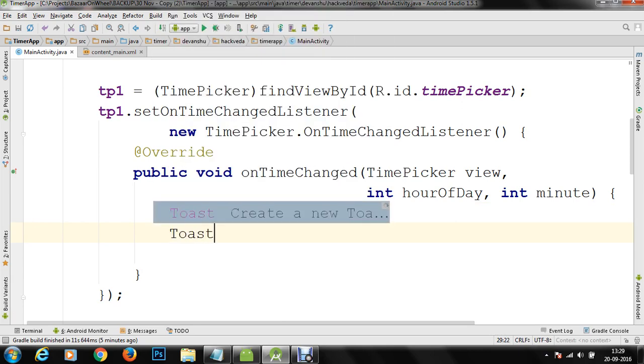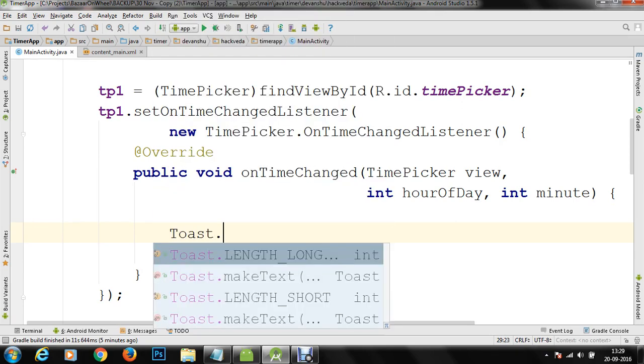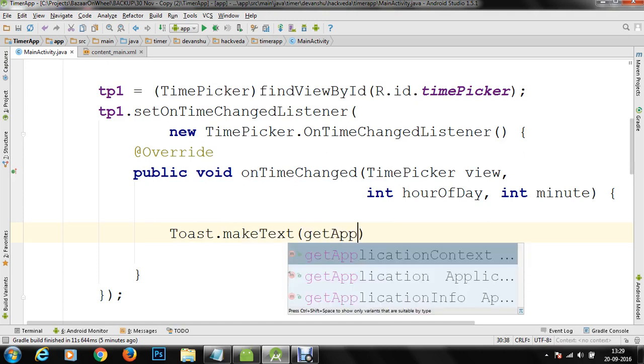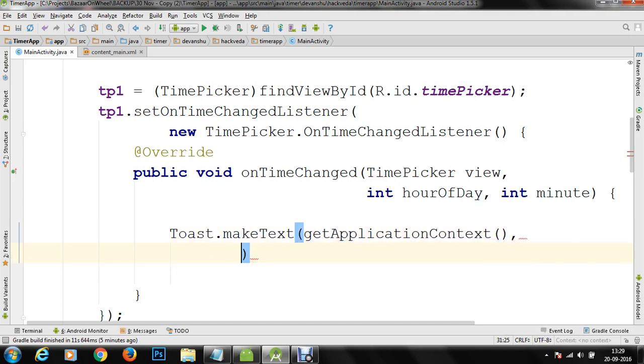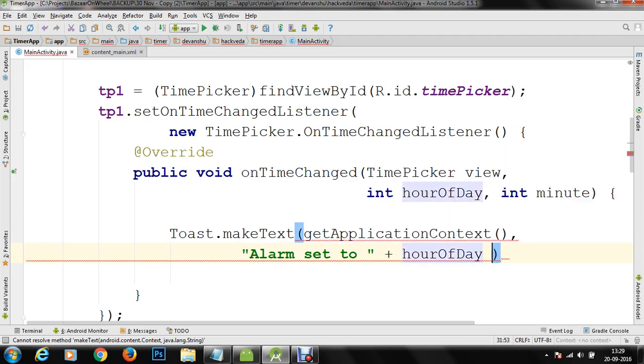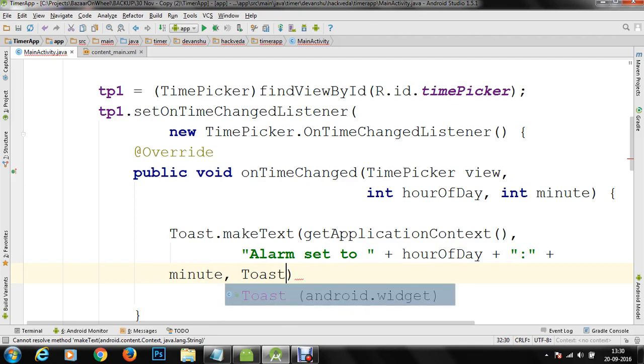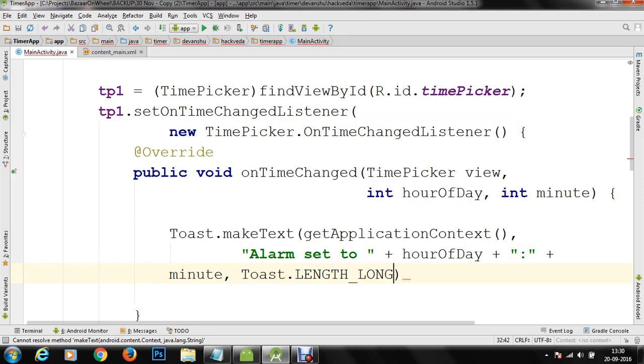So let's say I'm going to make a simple toast, and you can do something like toast.makeText. You can get the current application context. You can provide a message somewhat like alarm set to, and let's say we are going to add hour of day information plus colon plus minute information, and after that we are going to provide a time duration to our toast, and that will be length long.